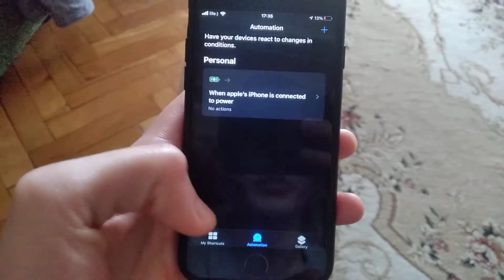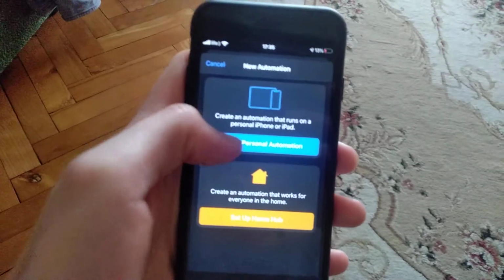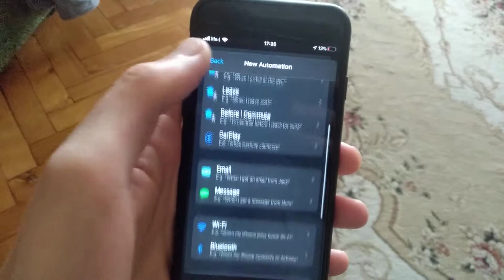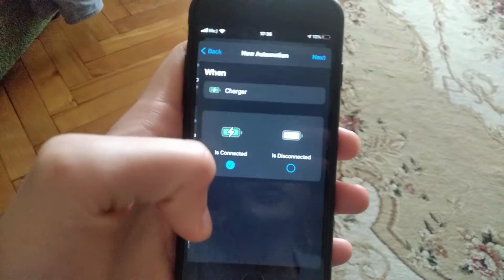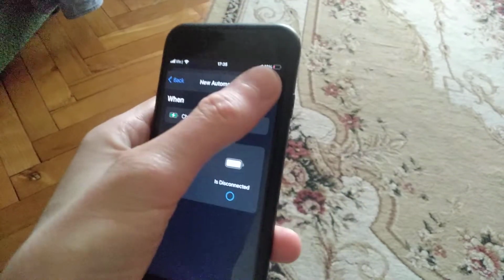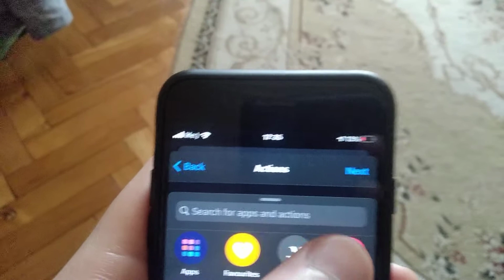So now just go to automation and click on add. Just choose create personal automation, and here you need to find charger and disconnect it next. So now just choose add action and choose media,